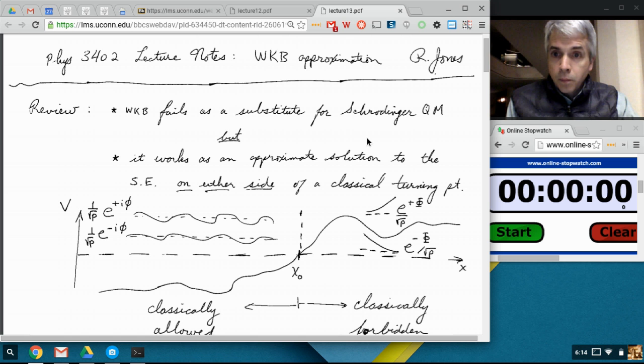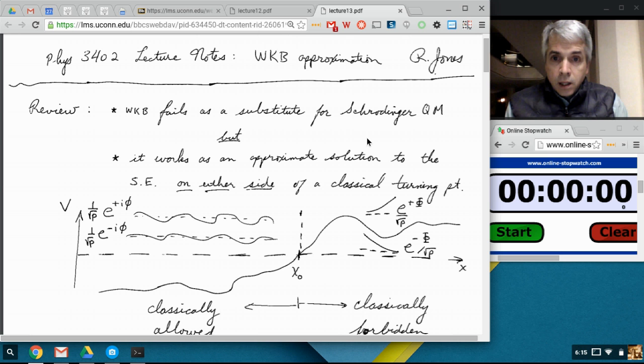And in particular, we want to stay away from the vicinity of a classical turning point, but it can work either on the classically allowed side where the solutions are oscillating, or as we saw at the end of the last lecture, they also work on the other side where it's classically forbidden,